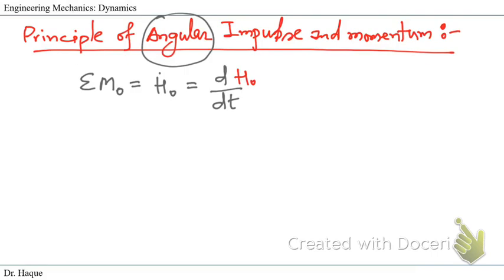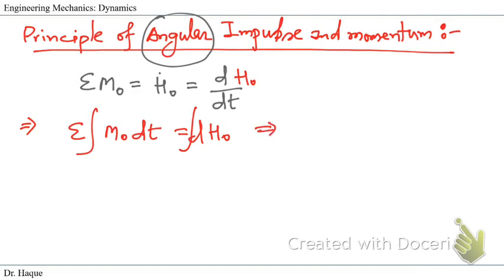If we take another step and integrate from time t1 to t2, taking the dt on the other side and keeping dH dot on the other side, and also integrating on this side, we will be getting